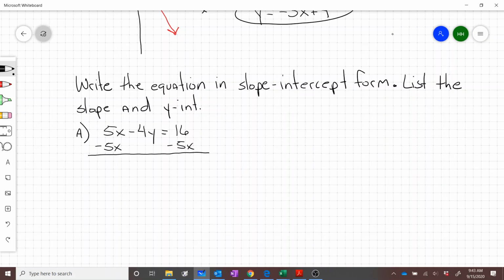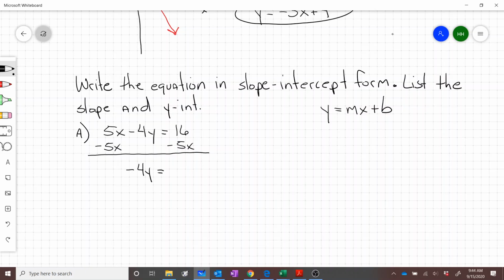Now, since slope-intercept form is y equals mx plus b, whatever number is attached to this x, we're just going to move it in next to the equal sign in this next step, because that's where it's got to go in the long run. So the -4y falls down,